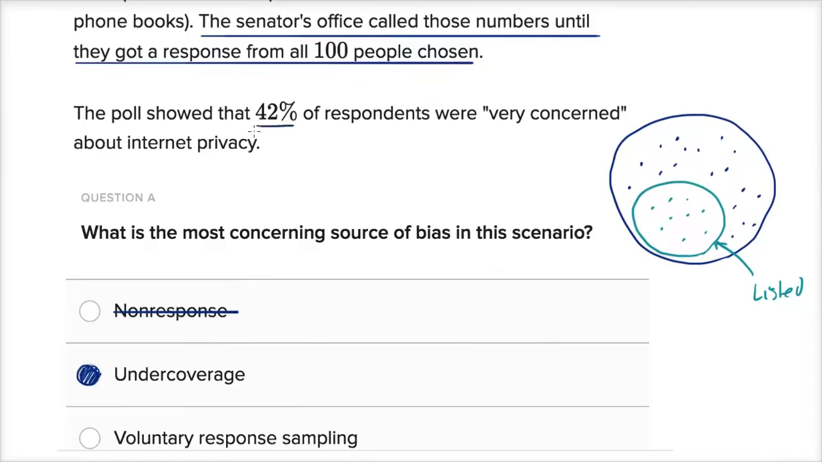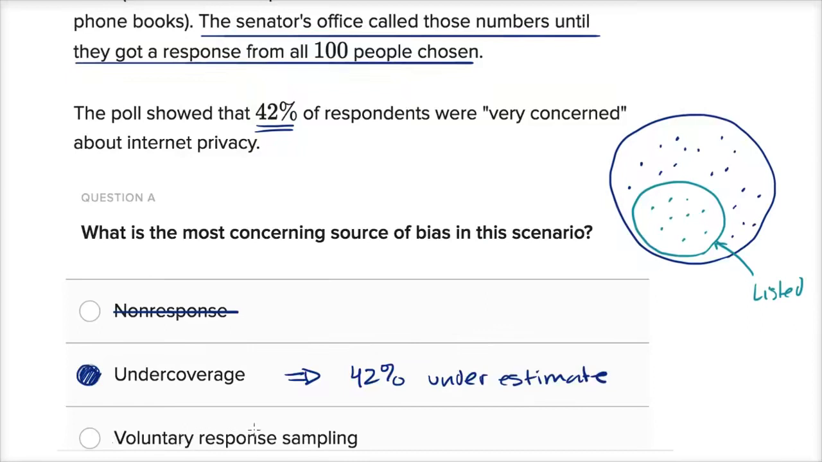And so I would say because of undercoverage, 42% is likely to be an underestimate of the people concerned about internet privacy. That probably a higher proportion of the people out here care about privacy because they're unlisted or they don't even have a landline. So undercoverage probably introduced bias, and it implies that 42% is an underestimate of the percentage of the senator's constituents who care about internet privacy. Now the last